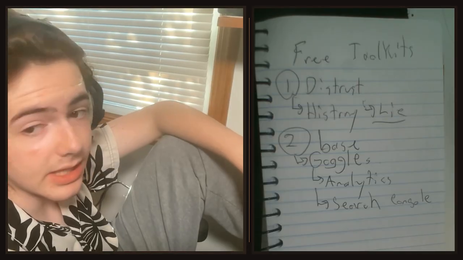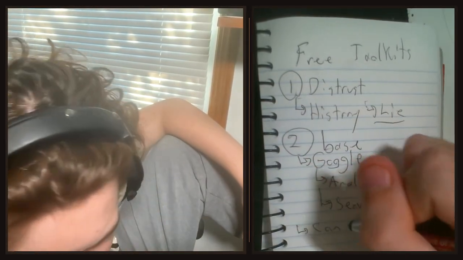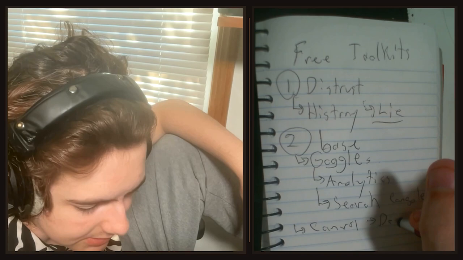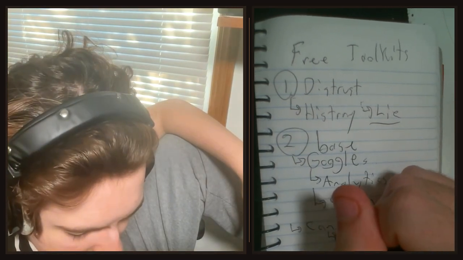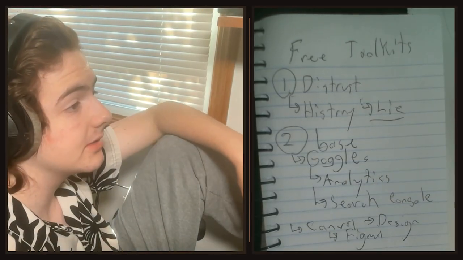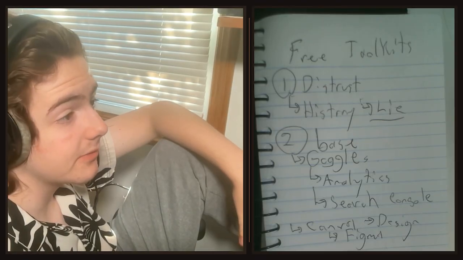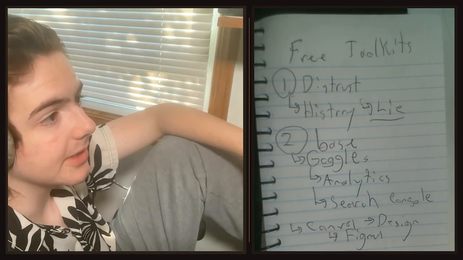So there's also Canva. Canva has a good free tier for design. That's for design, of course. Figma is another alternative that's free and really good, and there's a lot of good content about Figma out there. For free, it's hard to get AI images, stuff like that, because it costs them money, right?